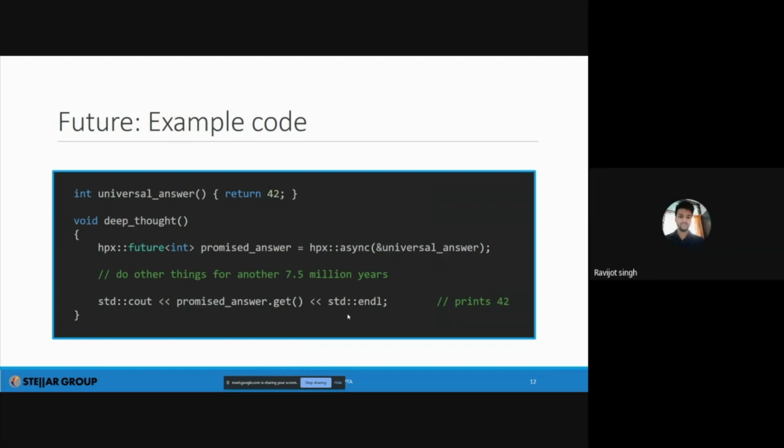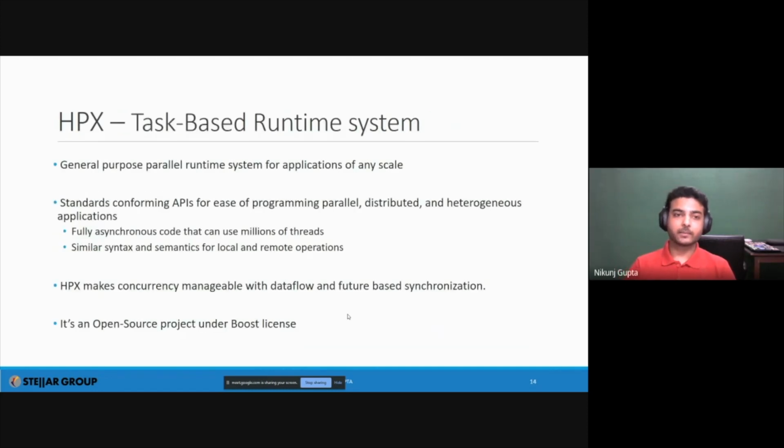Yes, thank you. Okay, so moving on to HPX. HPX is a task-based runtime system, and it's a general-purpose parallel runtime for applications of any scale. So you can run HPX on Raspberry Pis on 2 cores. You can run HPX on your personal computer or desktop computer, or if you want to, you can run it on clusters, and that's what we do. We are a high performance library, so we want to run things on supercomputers and want to scale things on supercomputers. So performance is the key essence of HPX in the end.